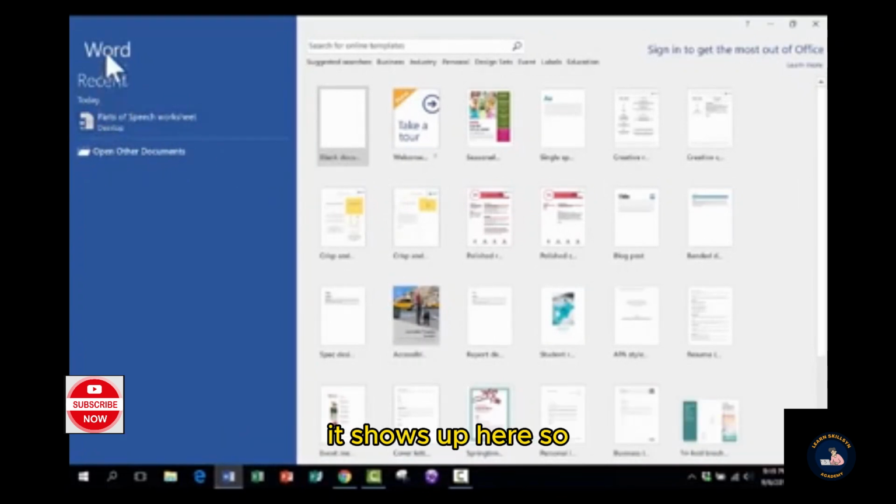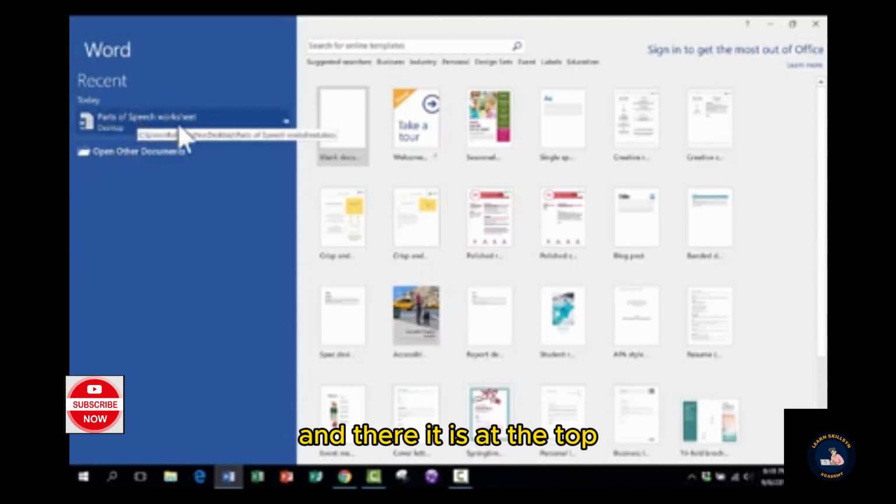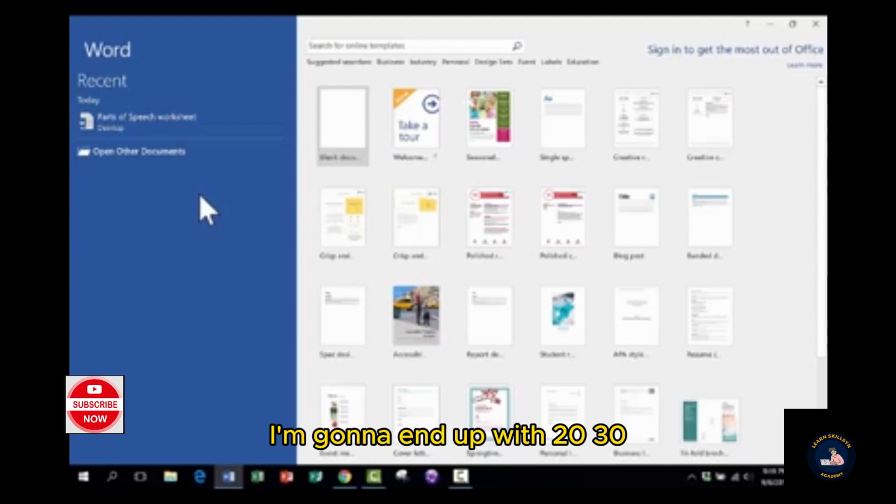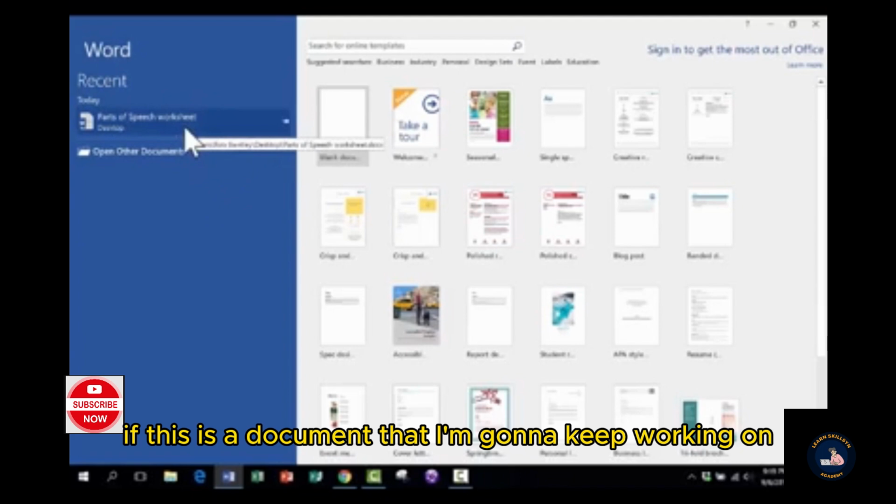Now, as I use this more and more on this computer, I'm going to end up with 20, 30, 50, 100 documents. It might be nice if this is a document that I'm going to keep working on a lot over the next few weeks. It might be a good idea to try to get it to stay at the top of the list. Well, there is a way to do that. If you put